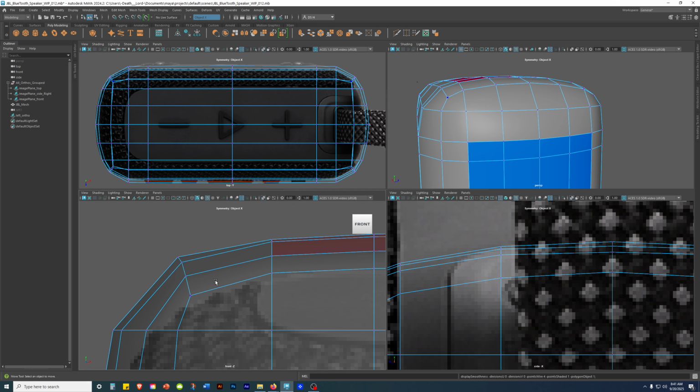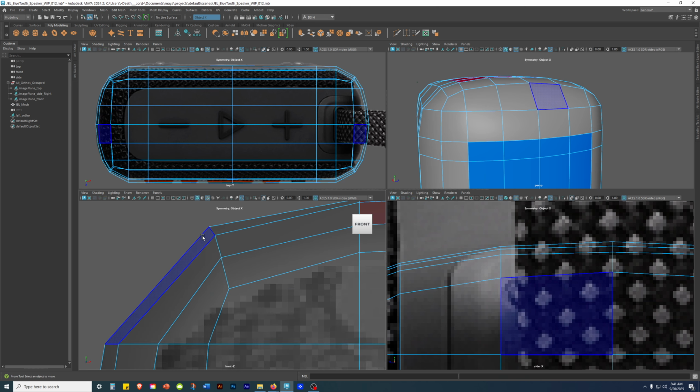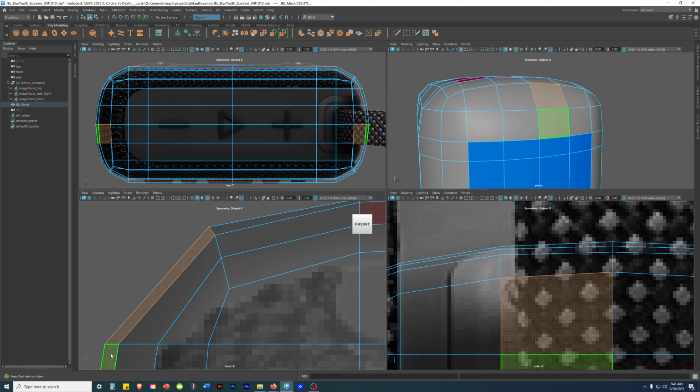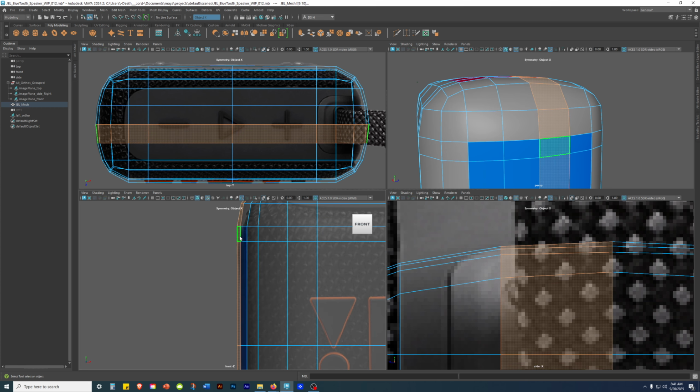Okay. This line here has a nice spacing, right? These are called the support